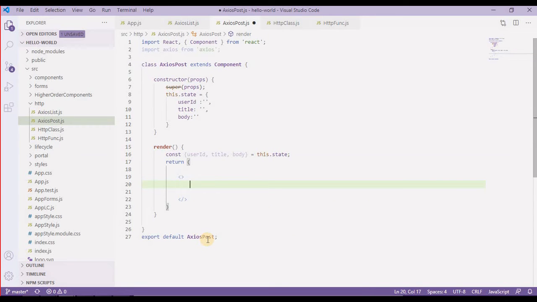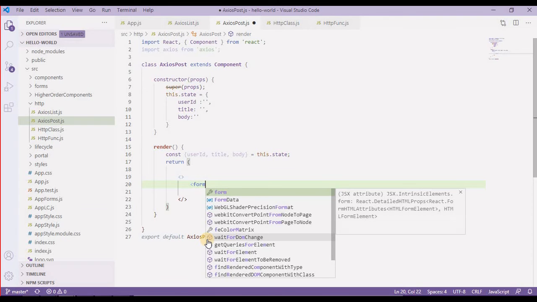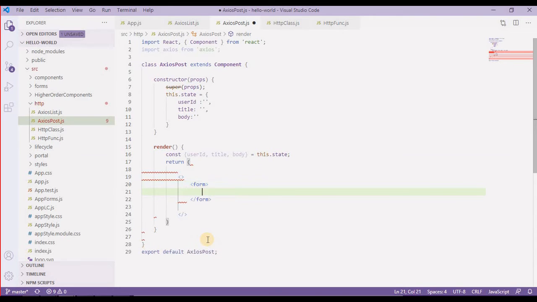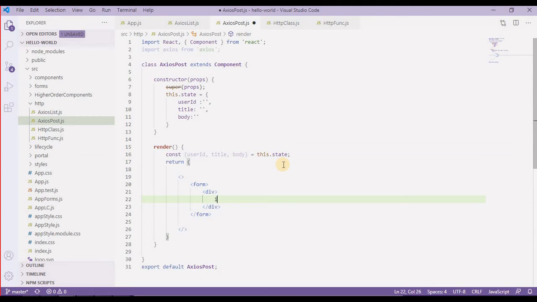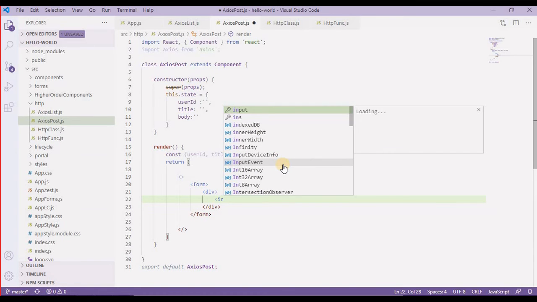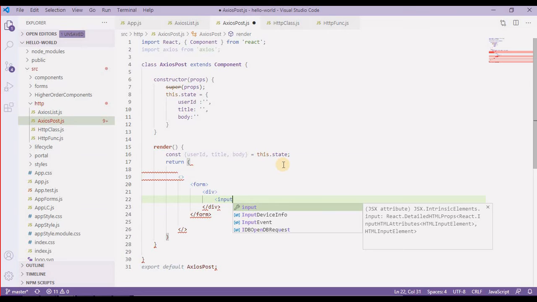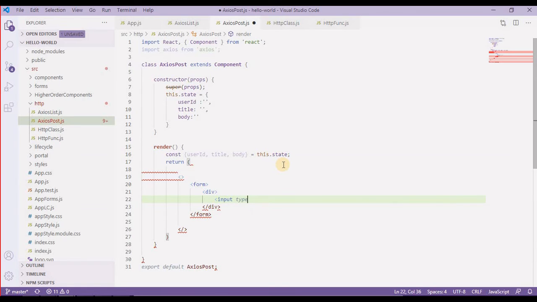I'll take a form, and here I'm going to provide some default form elements. So I'll take a div, and inside the div I'm going to have one input, type text, and name.